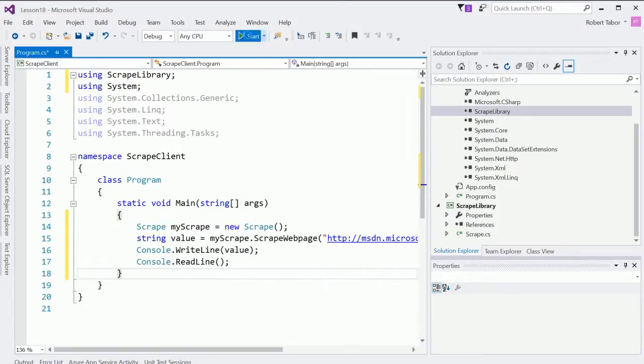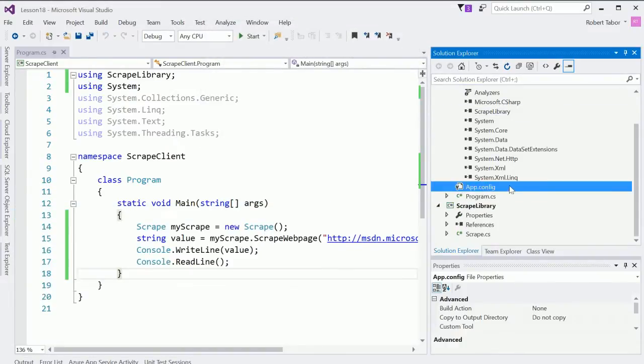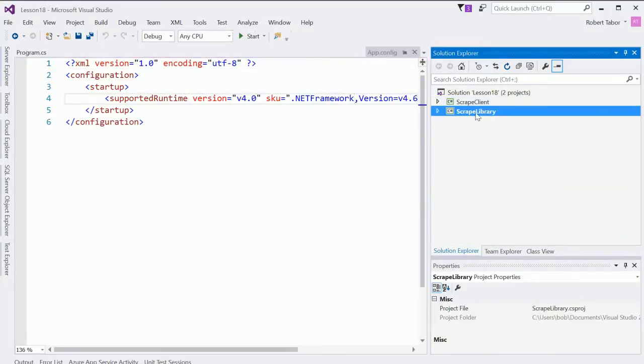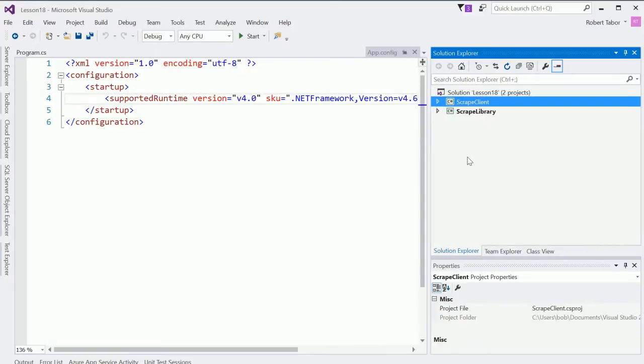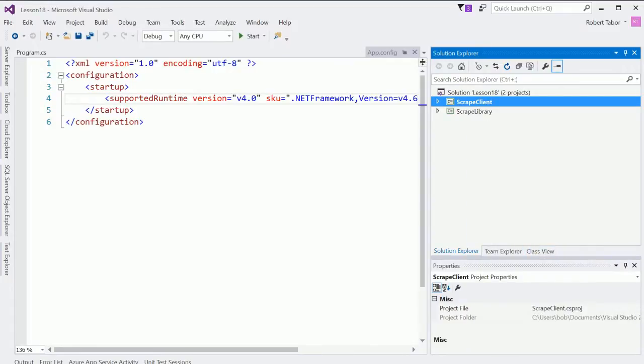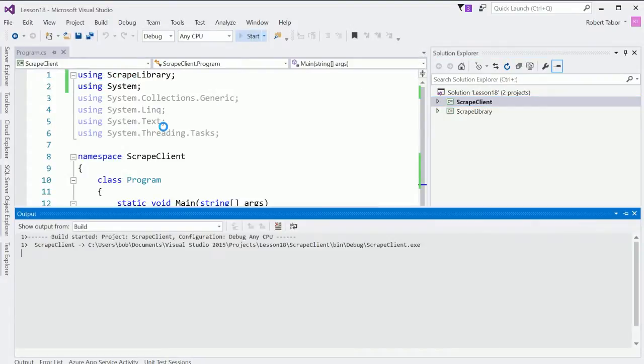And we can rerun the application. Whoops. And it says a project with an output type of class library cannot be started directly. All right, why do you suppose that happened? Well, because there are actually 2 projects now in my solution, and you can't execute a library, correct? So what we need to do is right-click on the client project and select Set as Startup Project. And now, let's go ahead and close that. When we attempt to run the application,